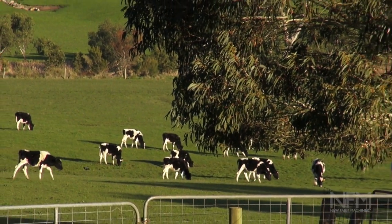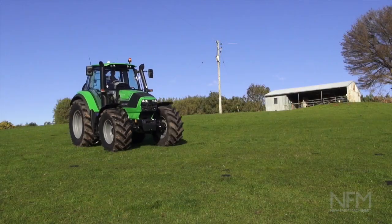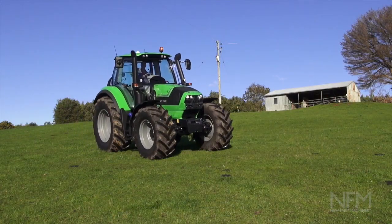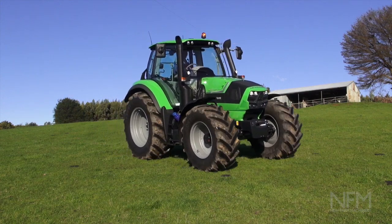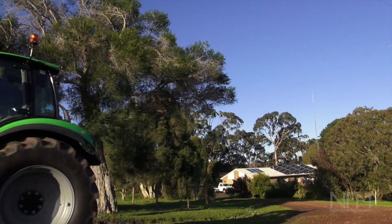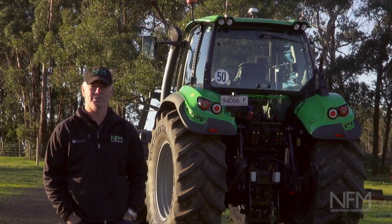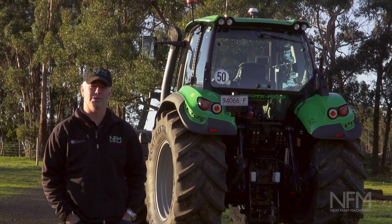Looking around the Comptons farm here, it's as neat as a pin. Everything's in its place, the machinery's all in immaculate condition. That tells me one thing, in that if they've picked this Deutz tractor, they've researched it and they've decided they'll buy a really quality tractor. So look, I've been really impressed with it, and you can find out a lot more about it in New